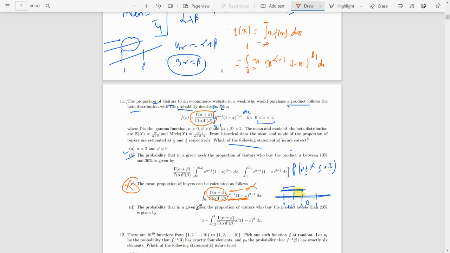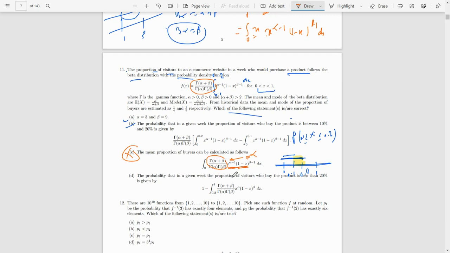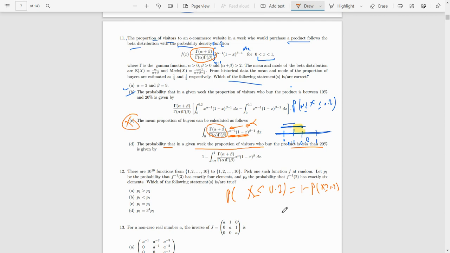And the last option is that the probability that in a given week the proportion of visitors who buy the product is less than 20% is given by this particular formula. It's talking about the probability that x is less than or equal to 0.2. So 20% means x would be less than or equal to 0.2. This probability can be written as 1 minus the probability that x is greater than or equal to 0.2. The solution of this will be 1 minus the integral from 0.2 to 1,